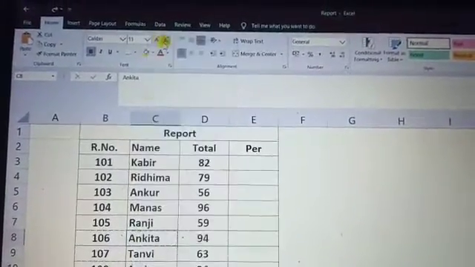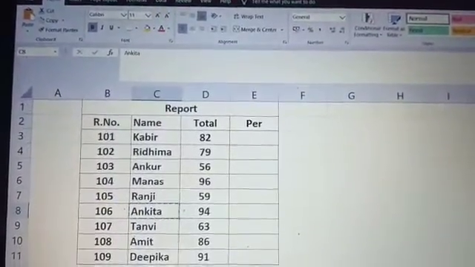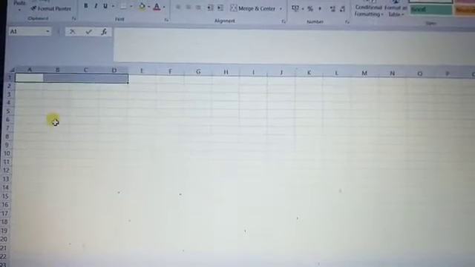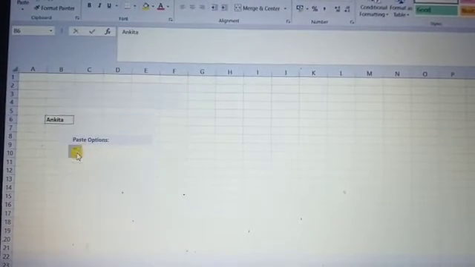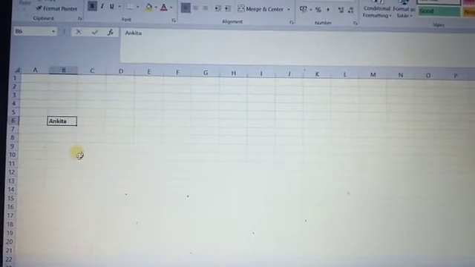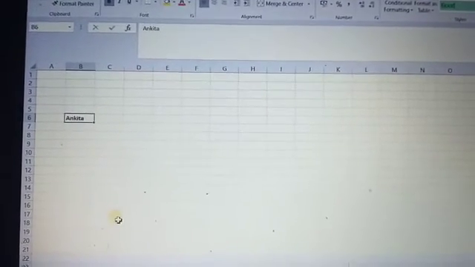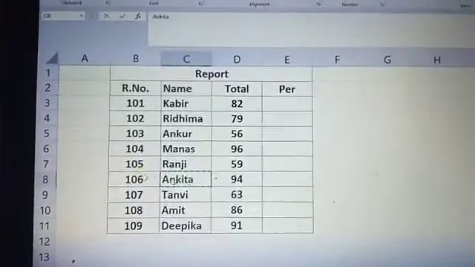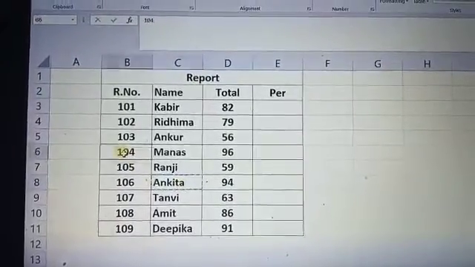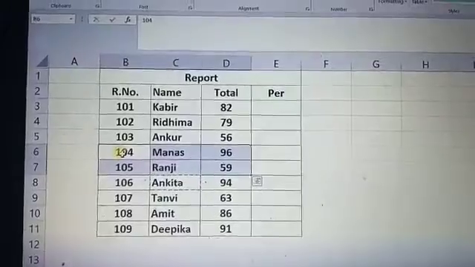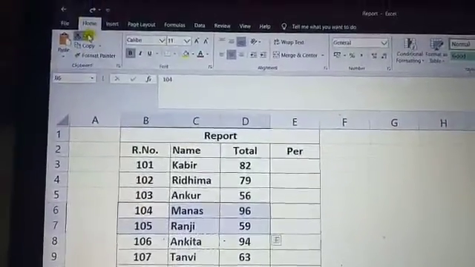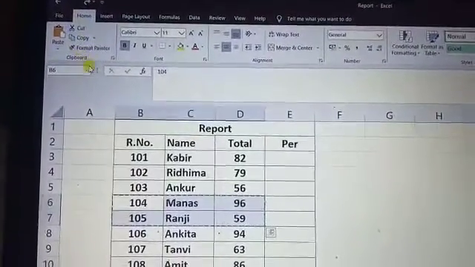Again we right click, perform the cut operation, and this time we shift the data onto Sheet 2. Select any cell and perform the paste operation. The data will be shifted here. Okay, only Ankita, this is not correct. Again we move to Sheet 1. Now we select the 104 or 105 data and perform the cut operation from the clipboard section.